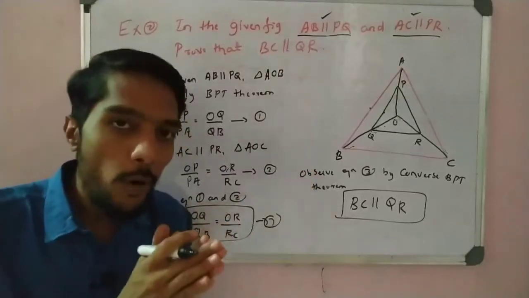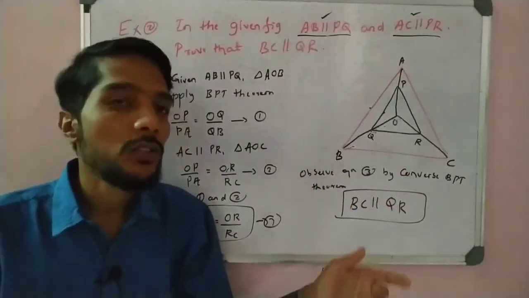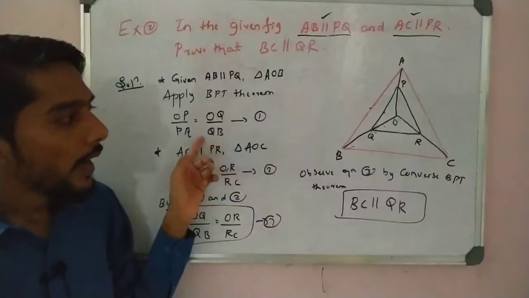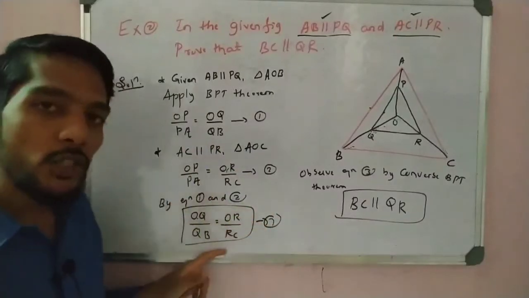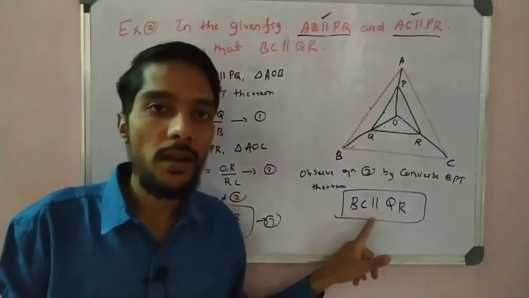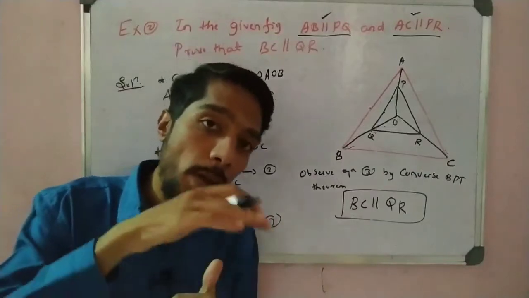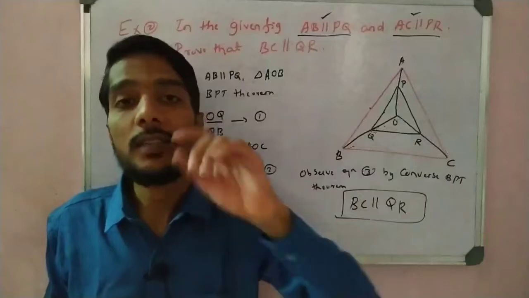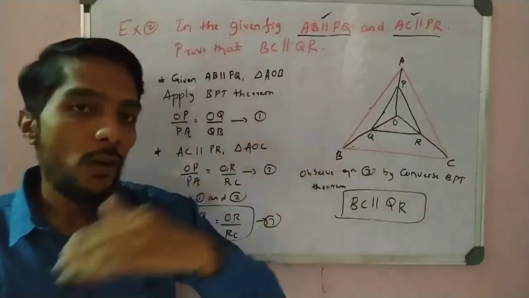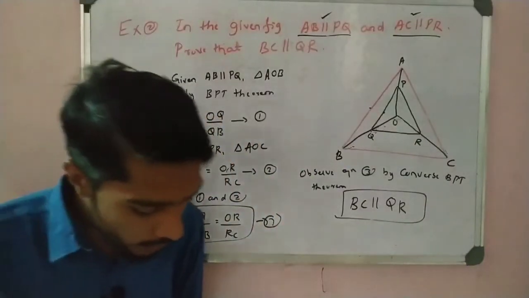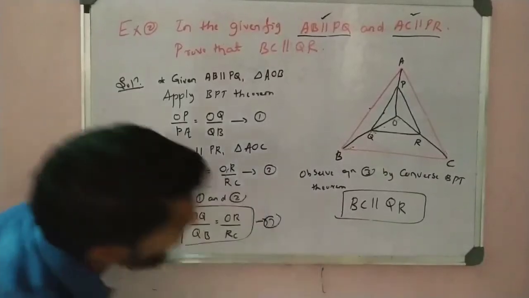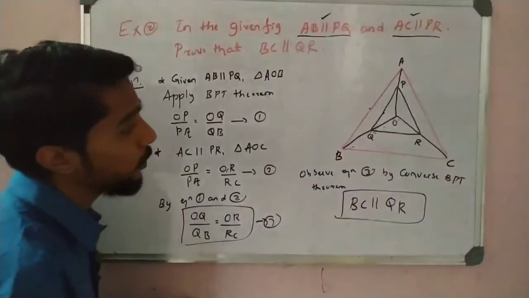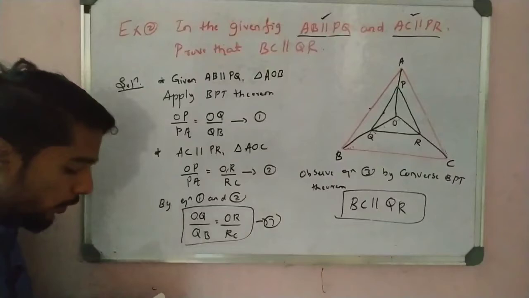Sometimes lines are parallel, so sides are in ratio. And sometimes sides are in ratio, which means the lines are parallel. So it is one to one, vice versa, right? Write down this one, very important. Pause the video and solve this one because it is a board examination question for 2 to 3 marks. Very important. Write down.